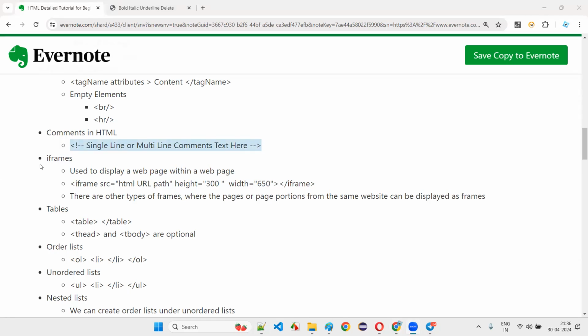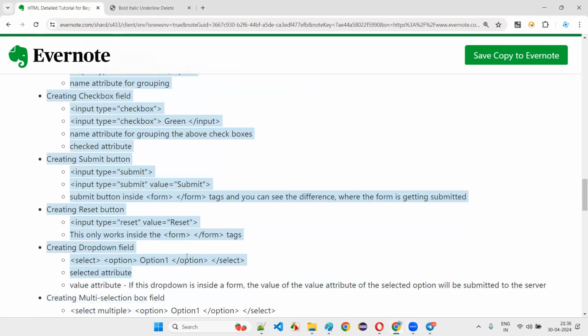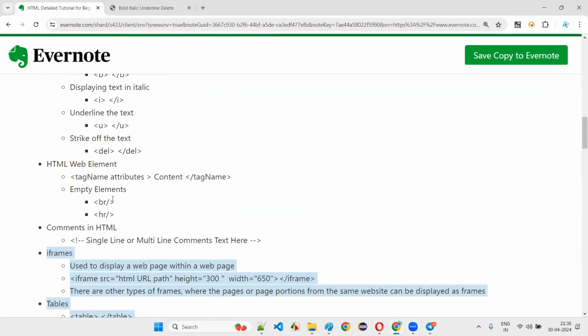Okay, guys, we'll stop here. I thought of taking frames, but that will take some time. Frames is a very important topic that I have to cover in depth. I cannot cover it now because in HTML, Selenium also we have to learn frames. At that time, I'll cover frames in depth.